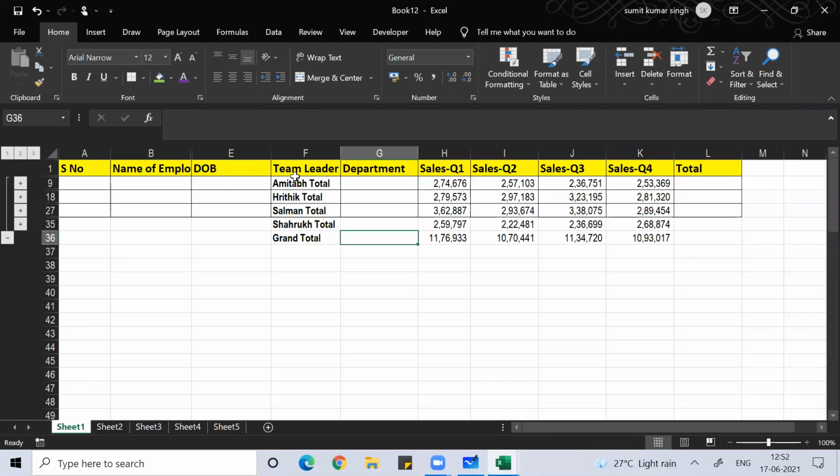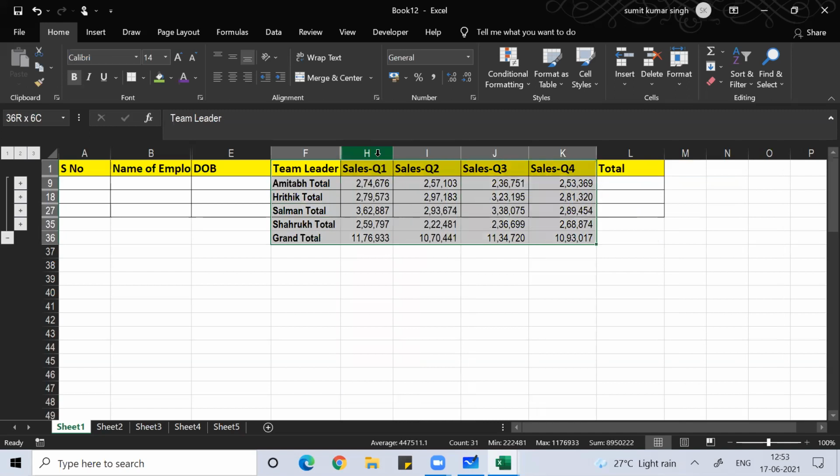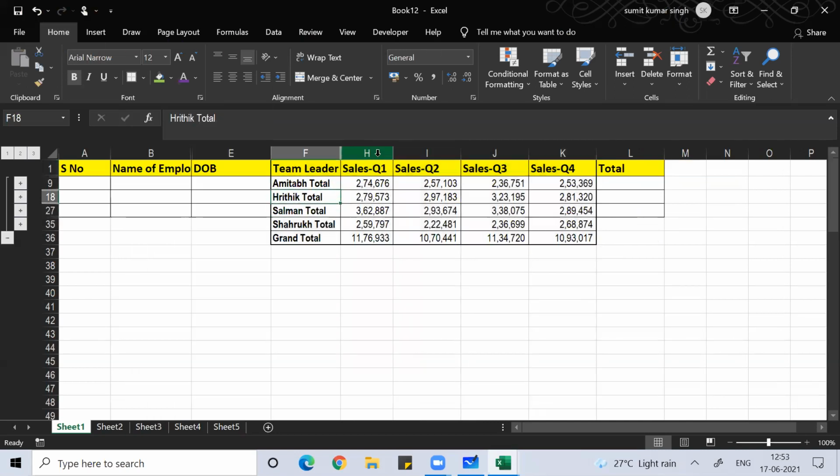If you go to the second window, this is what your team leader wanted. They wanted team leader one sum, Q1, Q2, Q3, Q4. They wanted the sum, and you got the sum. Yes or no? Yes. So I just hide this column, Control 0. Then I select this side and put a proper border, Alt H B A, then Alt H B T. I got this proper border.